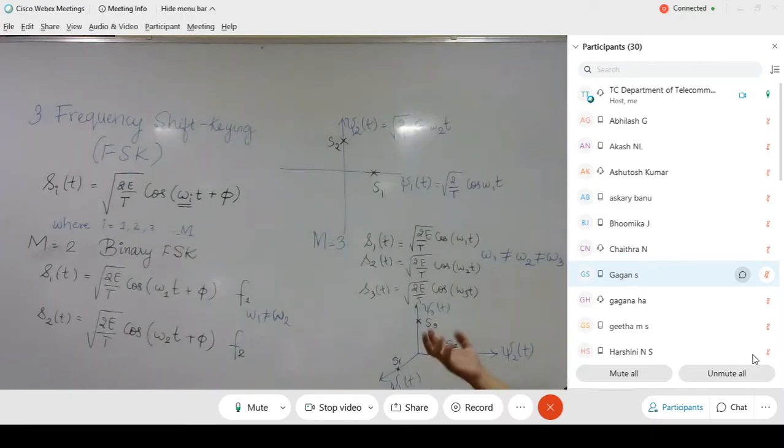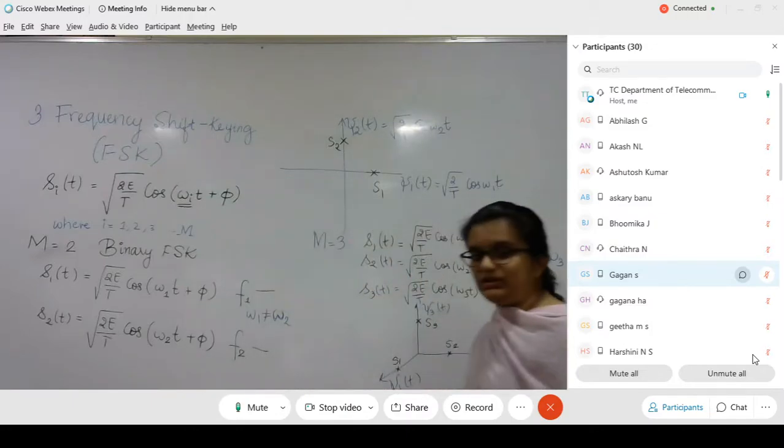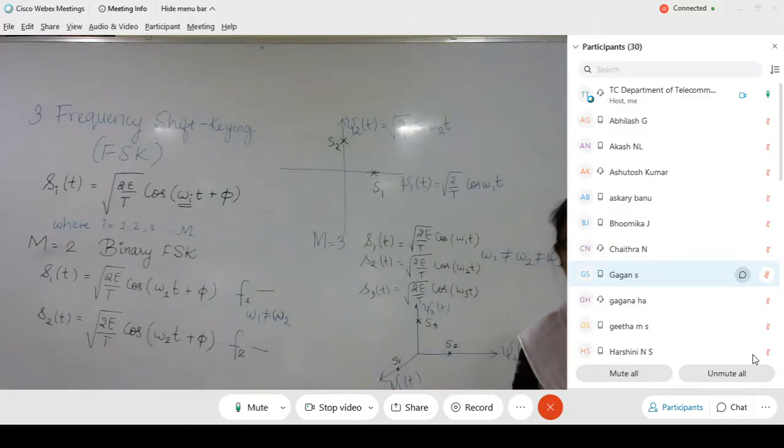So in this case, power is not an issue. Assume that I have the full capacity of the transmitter side. I have power amplifiers. I can generate as much power as I have got. Okay, so assume that I have power, but if you observe carefully, each and every symbol will require one frequency